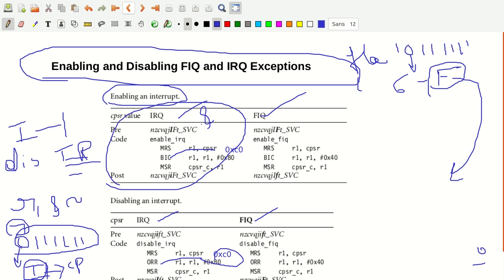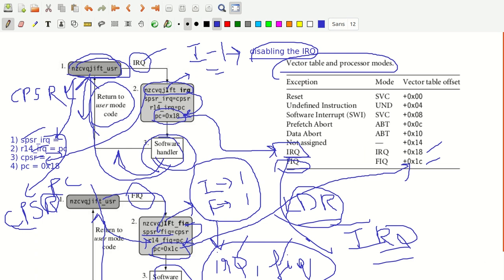Okay, we have already discussed those steps. For this slide, you can just refer to my previous video on entering an exception and leaving an exception. Here I have discussed them with respect to the FIQ and IRQ exceptions, but the general steps are in that video: 5 steps for entering an exception and 3 steps for leaving an exception.